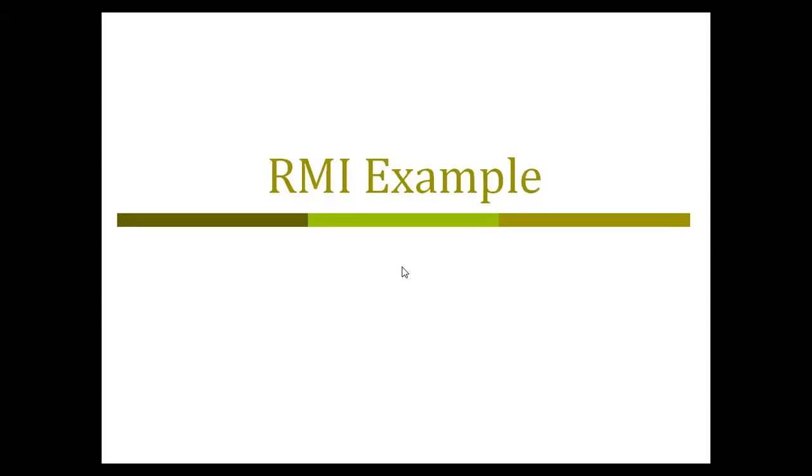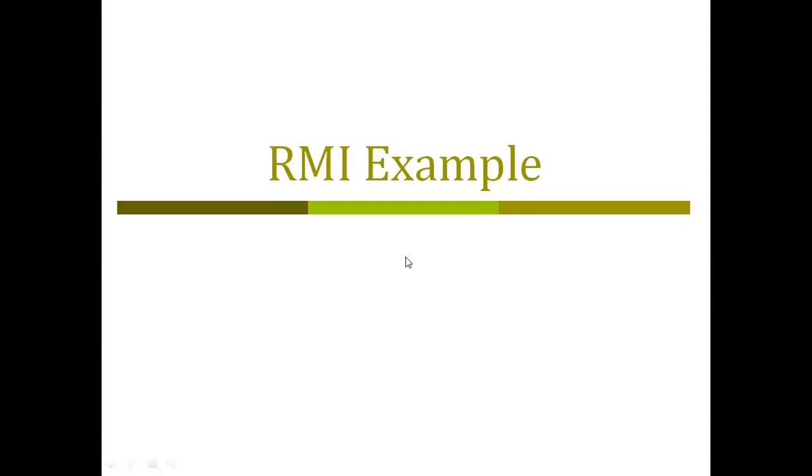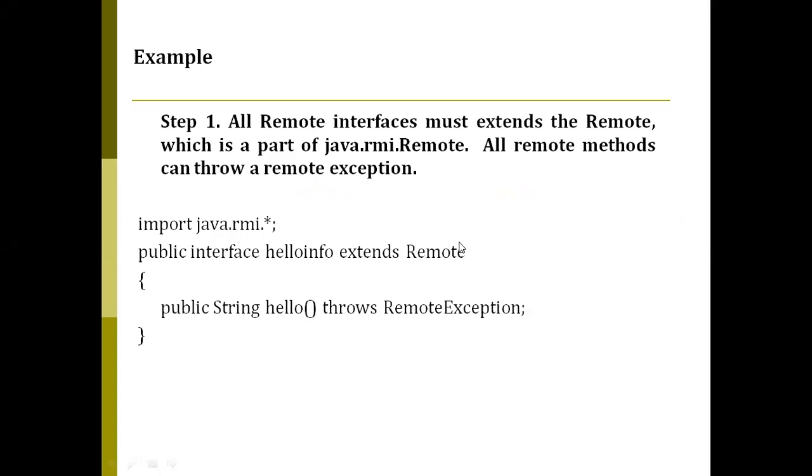In this video, we are going to see the basic example of RMI and the steps for how you can execute RMI programs. For writing an RMI application, you have to write 4 steps. Step 1: this program is all about just displaying the hello message to the client when the client gets connected